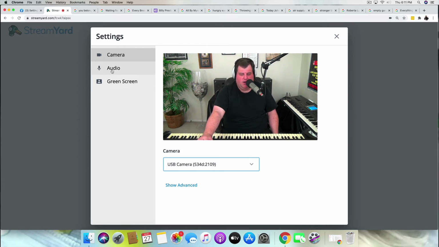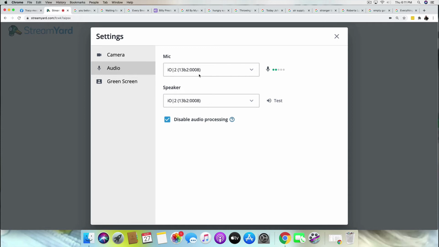Then for audio, you always want to say, I want the sound, my mic, to be whatever the name of your audio interface is. The internal microphone is going to be the built-in microphone on your computer. You do not want to use that because that's just going to get whatever's ambient in the room. My audio interface is called the Alesis IO2, okay? So that's what I use, and that is where any sound I'm sending to the computer is coming from that